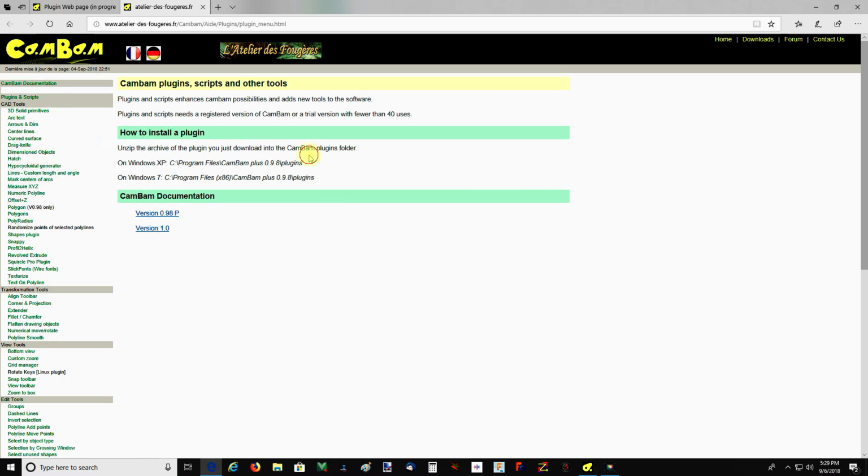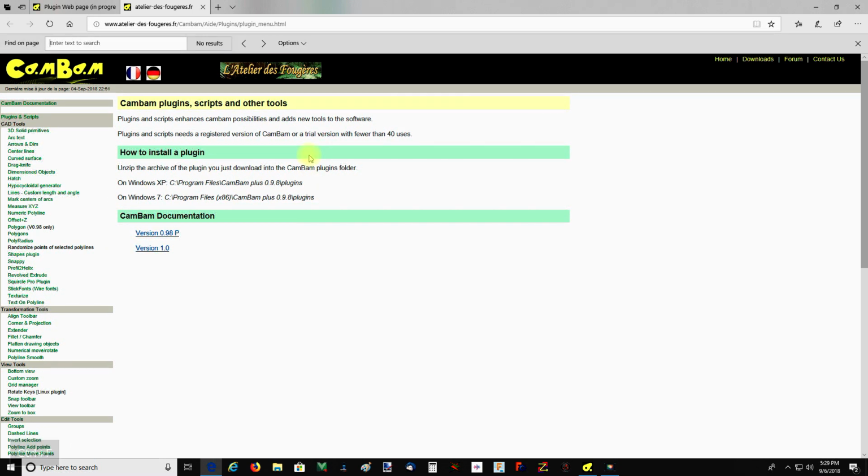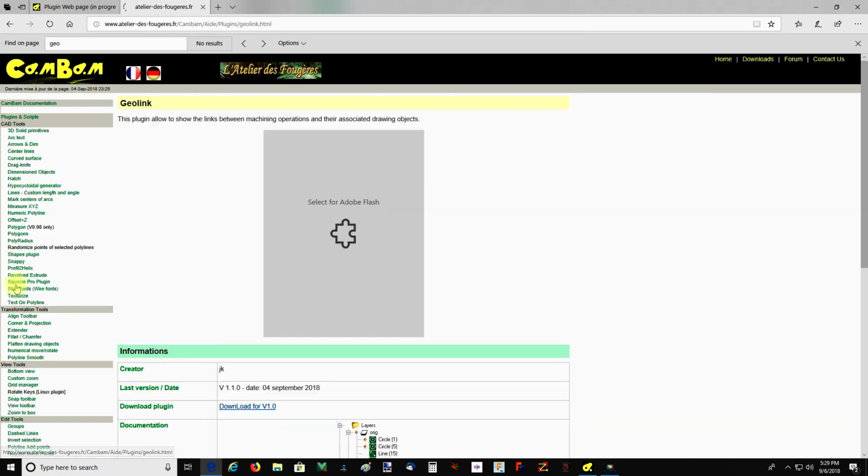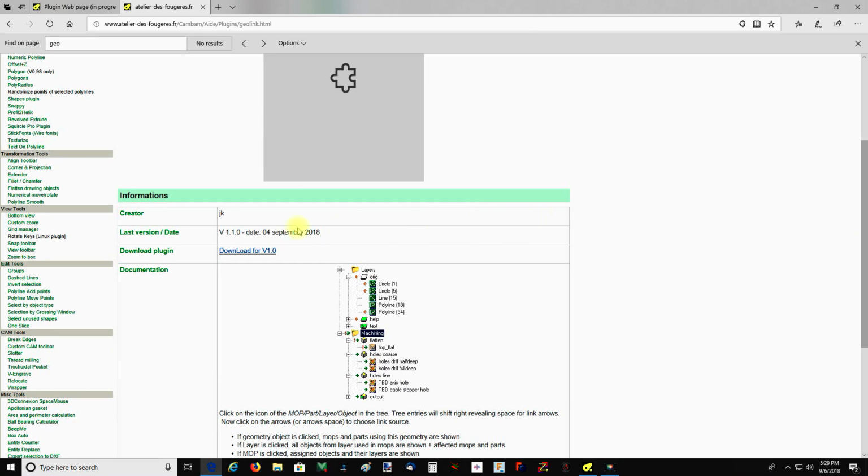Alright, Control F, visually, nope, Geolink, that's what he calls it, the Geolink plugin. Now this one's only compatible with version 1.0. I think most of us hardcore CamBam users are currently using the version 1.0